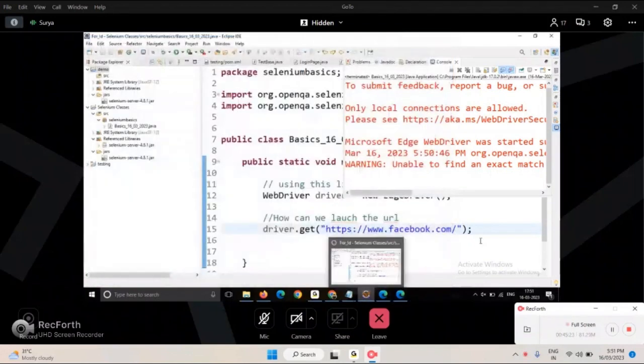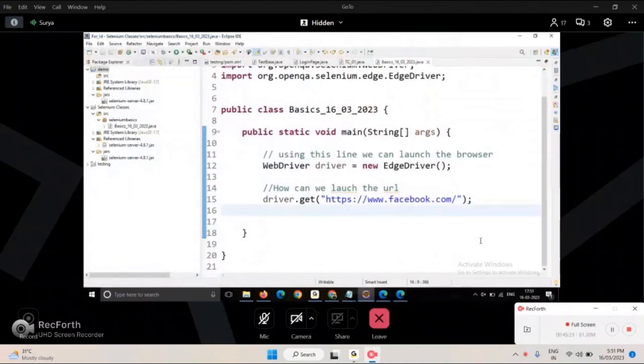So this is the process. We can launch the URLs. So whichever URL you want, you can use this and launch it. Okay. So this is today's